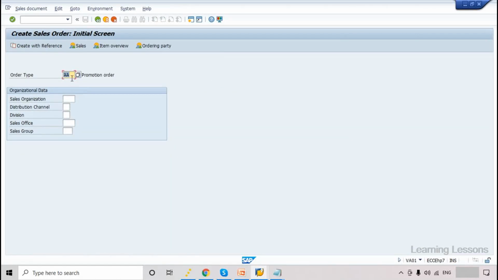Or in the first screen, whenever they select the order type and sales organization,